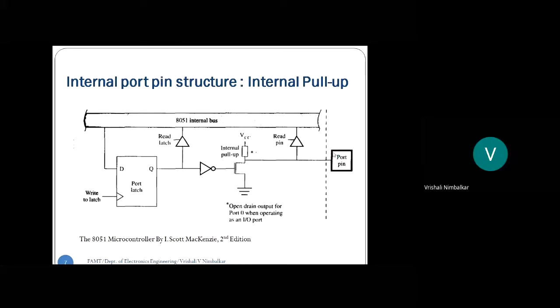So this is the port pin P0.0 or P1.0. Each port pin is associated with a latch. So you can see here the D latch, and they are associated with the drivers, the triangles, read latch and the read pin driver. Okay. And see in between there is one circuitry. You have that inverter. From D latch, you have that inverter, and that inverter is driving this symbol, which is of a MOSFET, right?